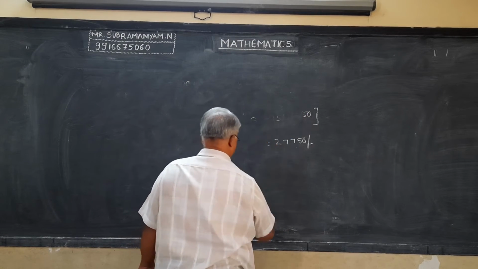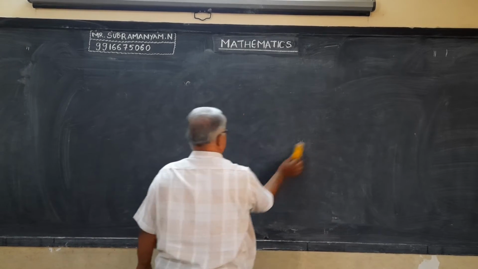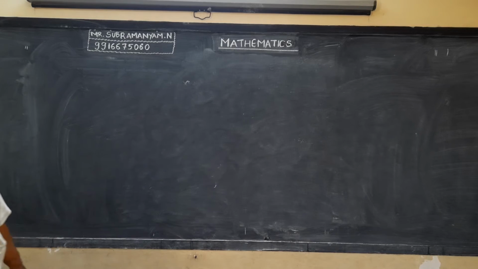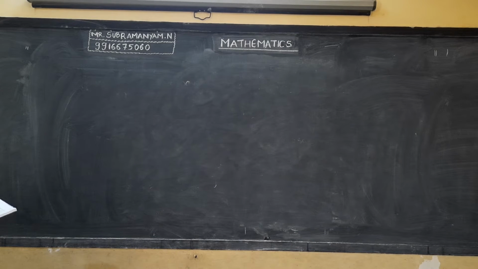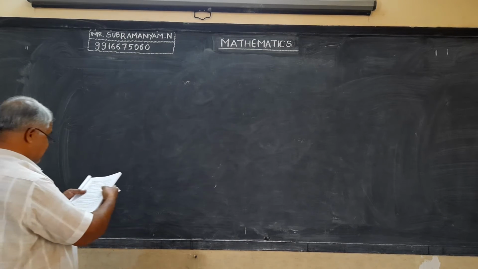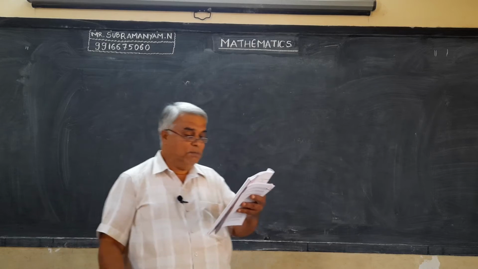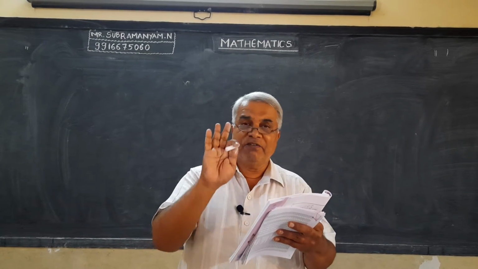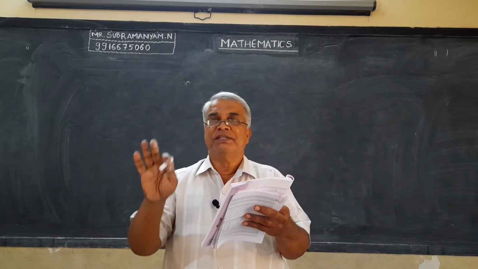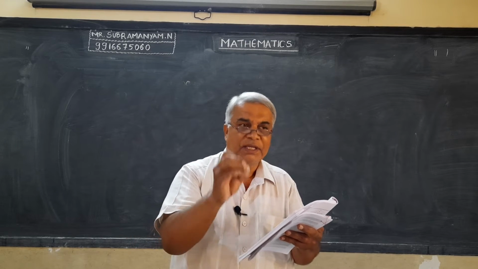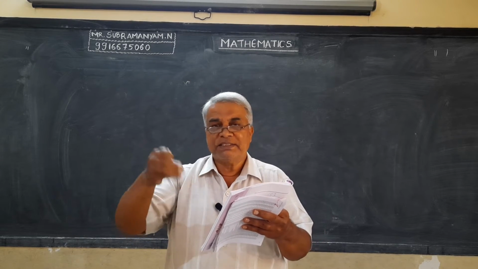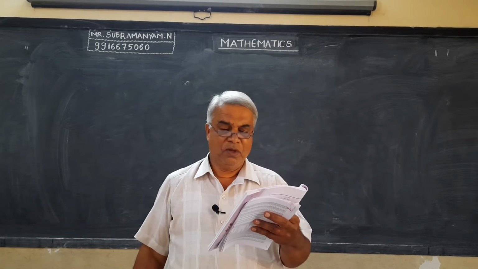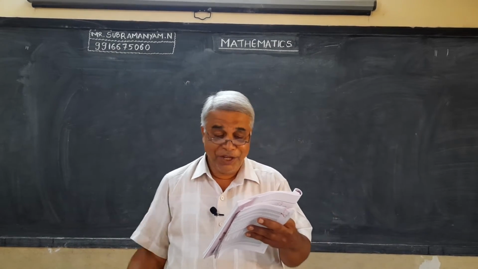I hope you have opened your textbook. Okay. In that exercise 1.3, again I repeat, problem number 16. The 16th problem is like this. A sum of 700 rupees is to be used to give 7 cash prizes. 700 rupees we are having. In that 700 rupees we have to give 7 prizes. Whether we have to give equally?